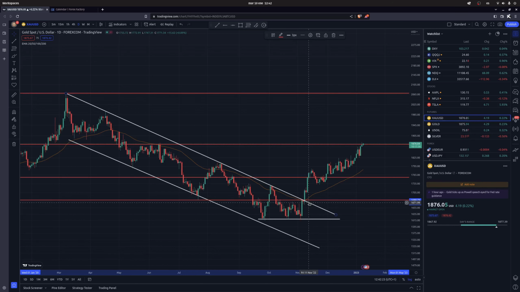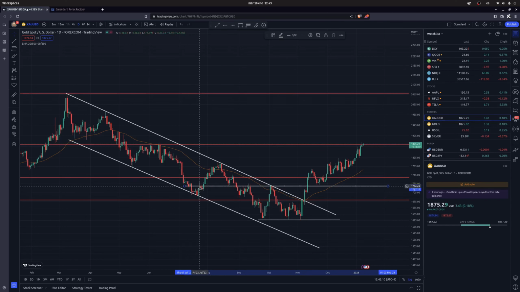Then we have a break through this multi-year support, which acted as resistance here. Then we have a break of the descending channel, a breakout of the descending channel here, and a break through the 50 EMA, right? And once we passed through this previous lower high, right, we basically have the confirmation of a trend reversal. Let's draw that in real quick, because we see that this is an important level here, because